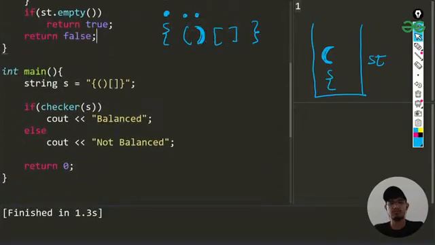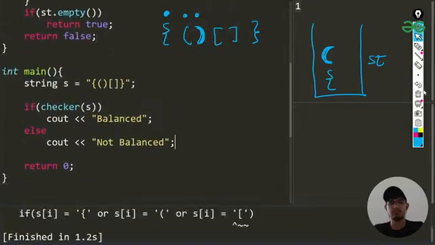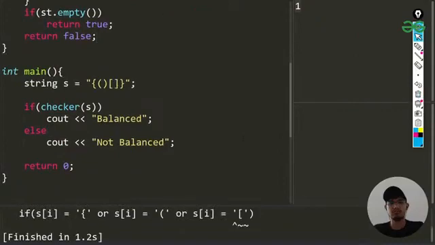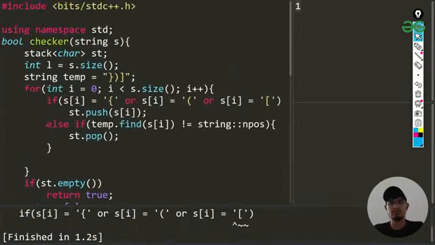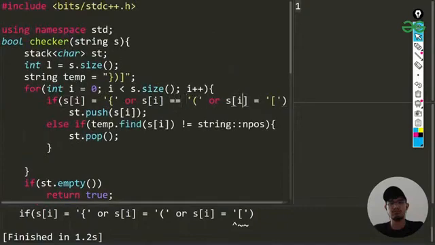Let us try to run the code for this, and I don't think any problem will be there. Okay, basically it should be double equals, I messed it up.